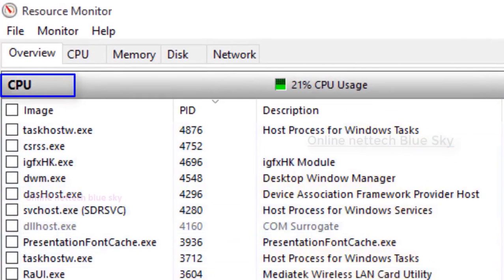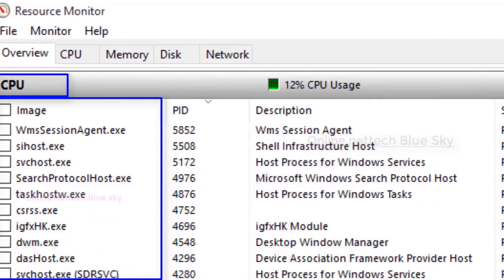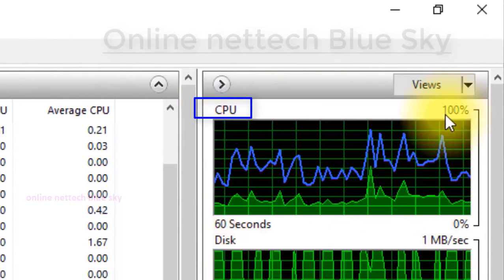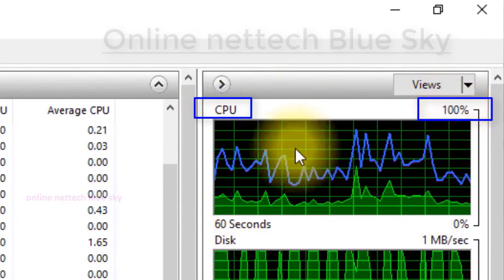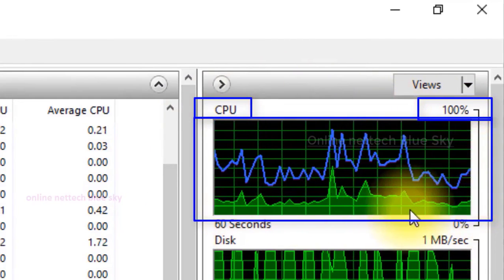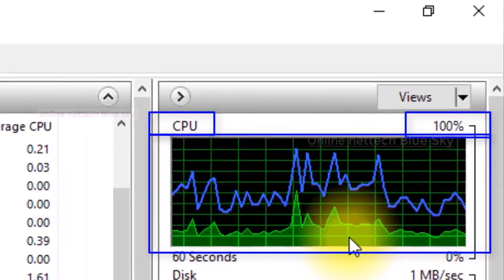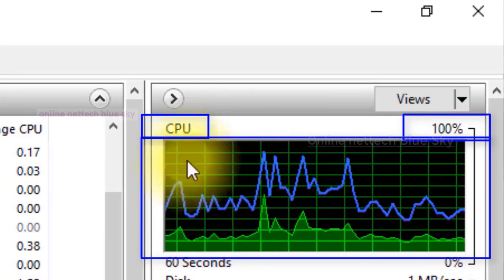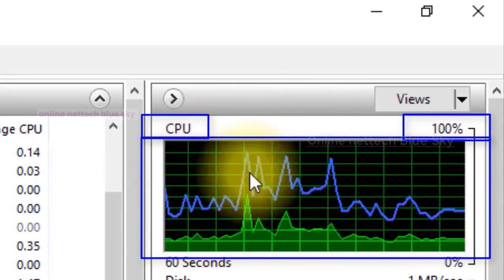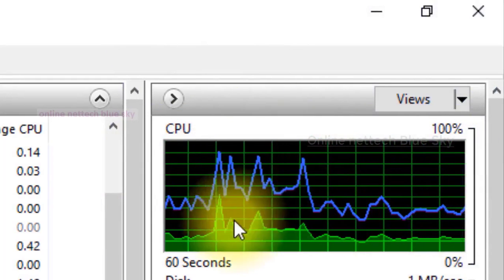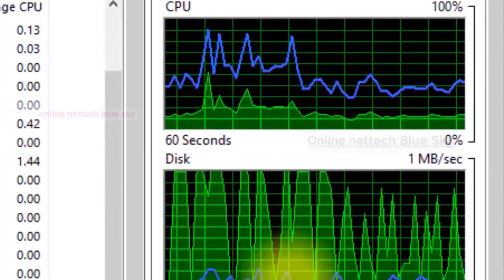Every process works with the CPU, and some processes are the main software. You can see here the map tab and frequency. If you see 100%, it means your CPU is very loaded, very busy, and not working perfectly fast. You can see 60 seconds, which is 1 minute, across different processes. Green means your CPU, and the blue tab means your frequency of speed.